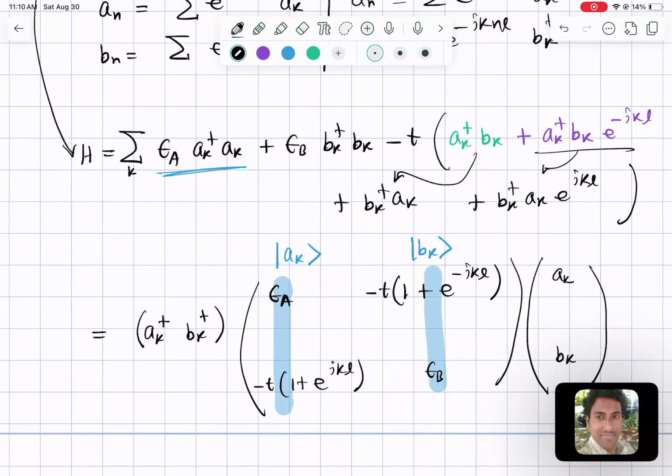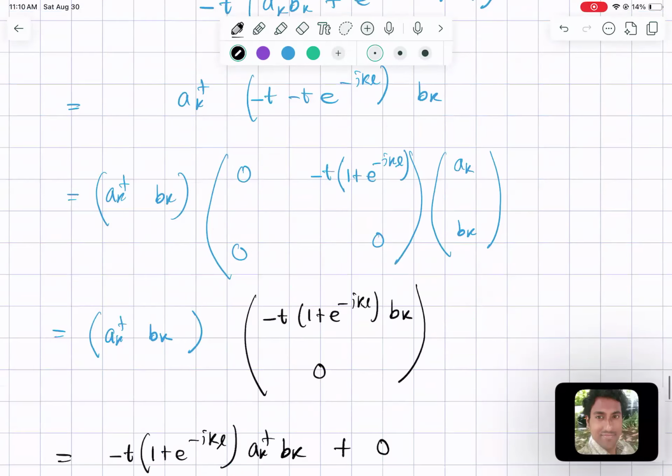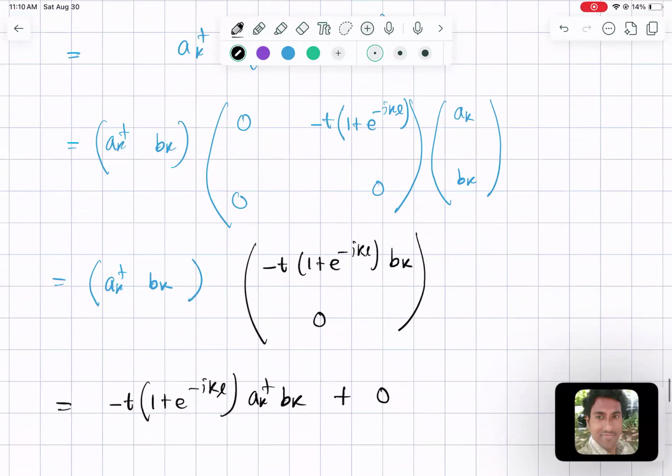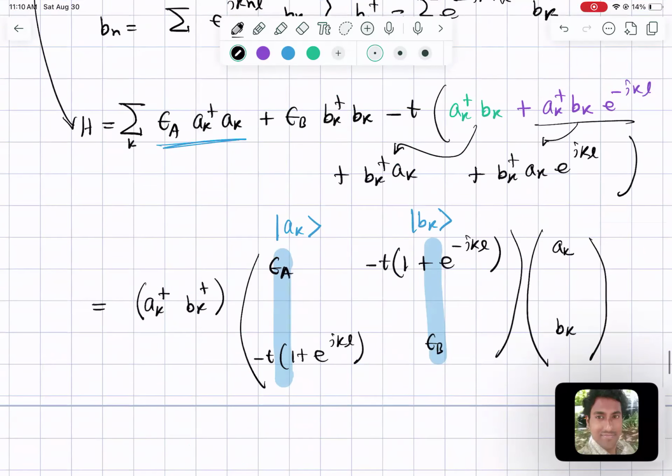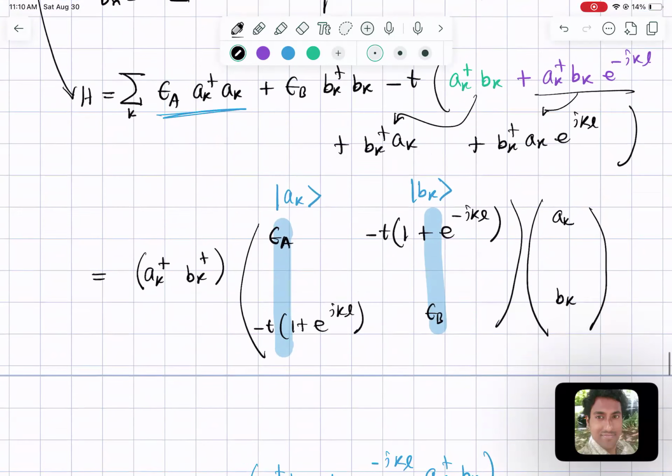Okay. So, the question: does this matrix multiplication make sense? This particular one? Yes, no, maybe. Yes. Okay. So if it kind of makes sense, then exactly the same way we get this